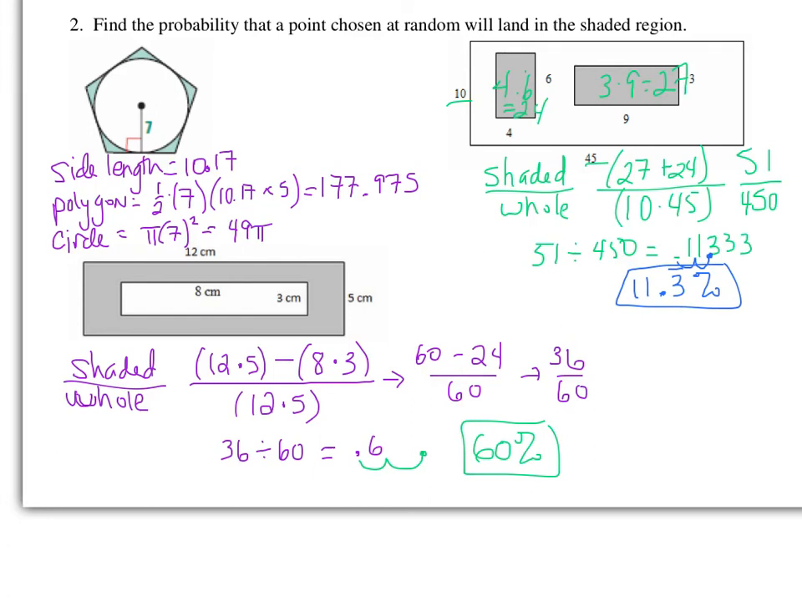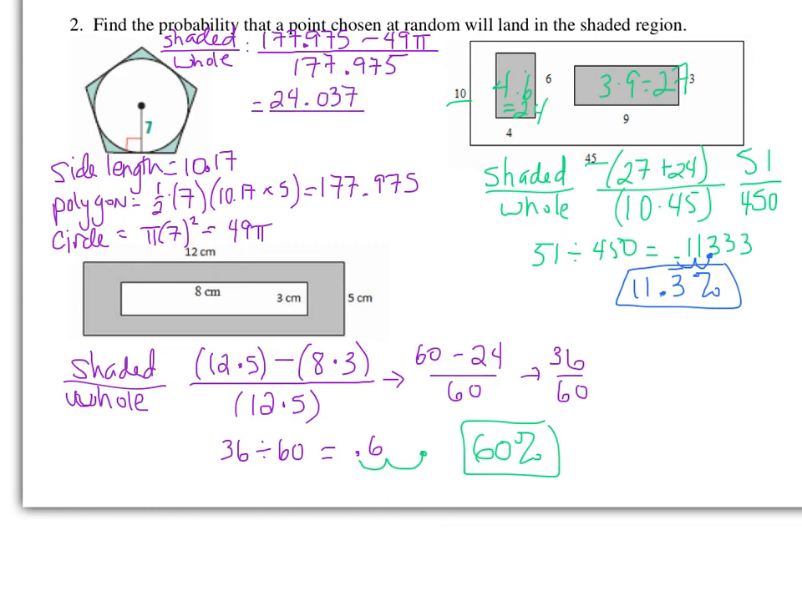All right, so for my shaded, remember we need to find the shaded over the whole. So for my shaded, I need to take the whole of my pentagon and subtract out the circle section. When I subtract those two, I'll be left with that extra part that's shaded. And then the whole area is the pentagon because that's the outside shape, so that's my 177.975. Let's go ahead and subtract that on the top, and now I can type in 49 pi and subtract it, and I get